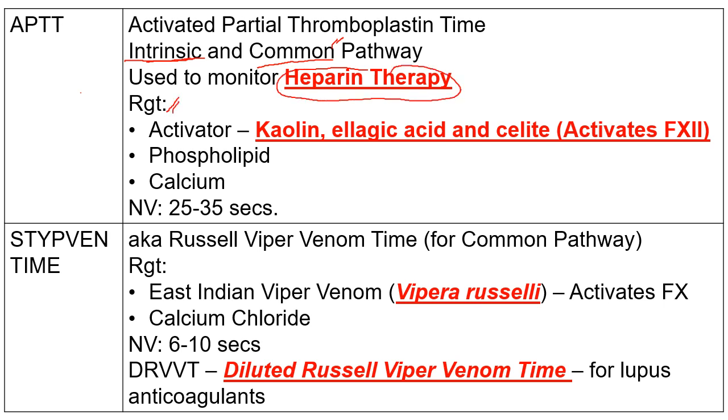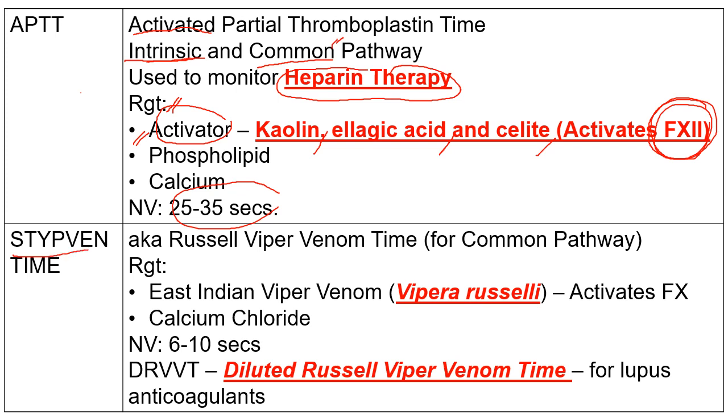So, ano yung mga reagents natin? Kaya tinawag siyang activated partial thromboplastin time kasi it uses activators such as kaolin, ellagic acid, or celite. Okay? These activators activate specifically your clotting factor 12. Kasi hindi na tayo gumagamit ng glass tube. Okay? Pag hindi tayo gumamit ng glass tube, hindi na-activate si 12. So, kailangan mo gumamit ng reagent to activate the clotting factor. Okay? The normal value mas mahaba, 25 to 35 seconds.